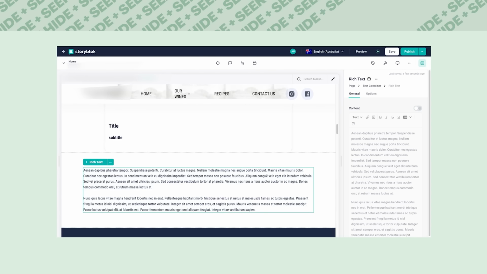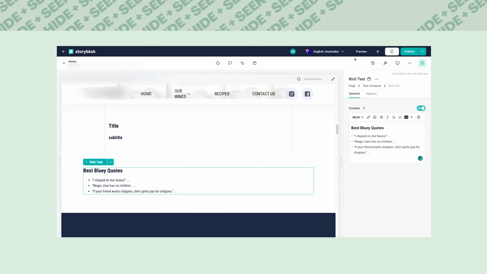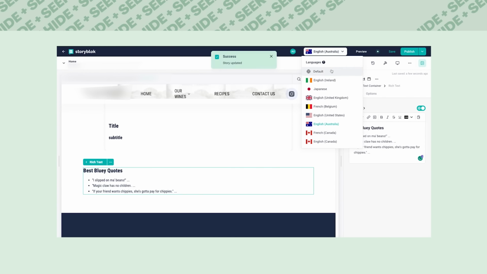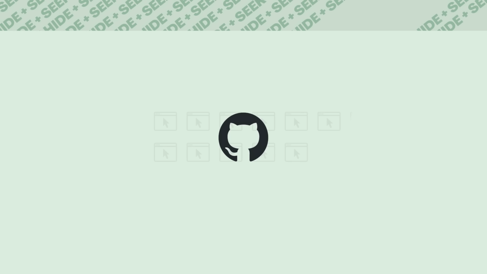Through the use of Storyblock's internationalization features and Next.js's routing capabilities, we achieved a smooth user experience for visitors all across the globe. To top it off, we could now deploy new components and updates to all 11 websites with a simple click and a GitHub deployment action. This streamlined approach effectively consolidated our 11 websites into just 2 repositories.